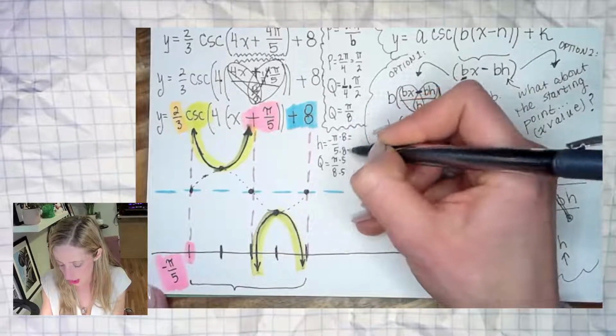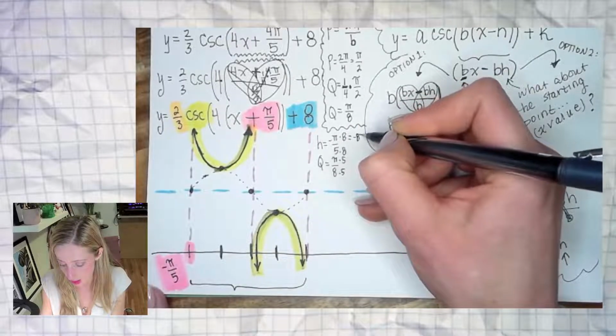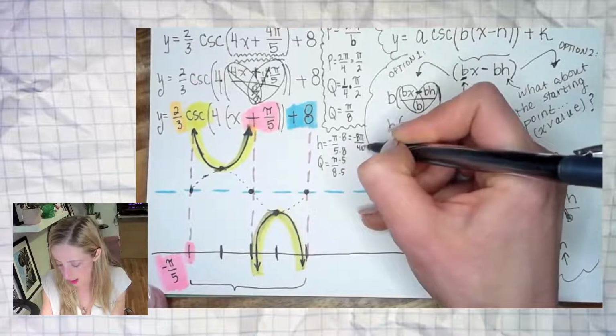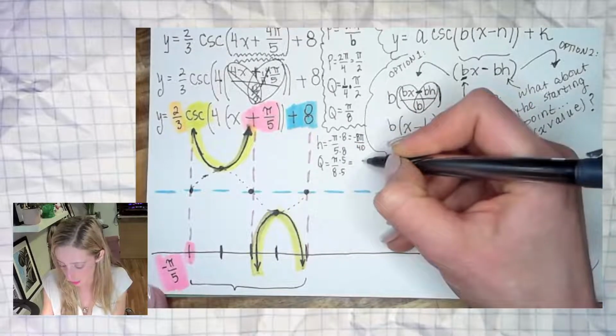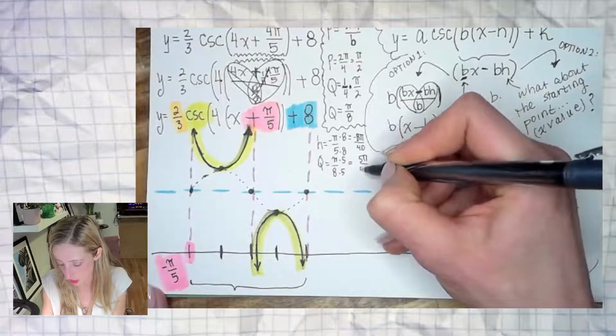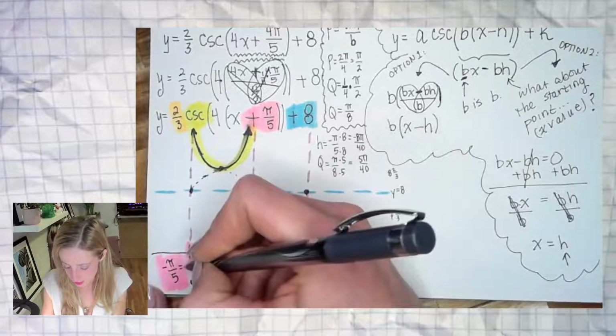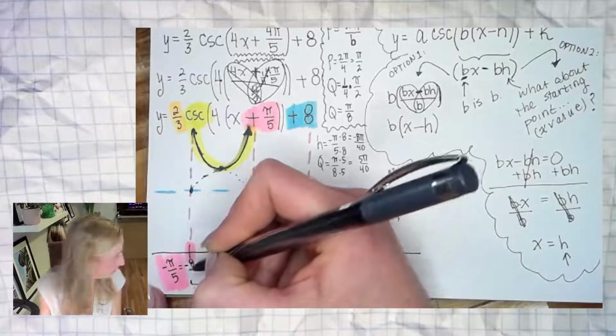This new h value we could look at is negative 8 pi over 40, and my q, don't mix them up, is 5 pi over 40. So that means this is negative 8